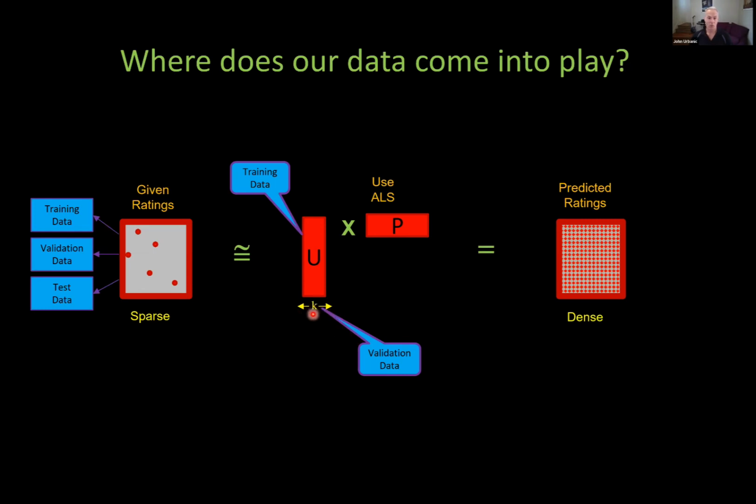And we might say that didn't work very well. We seem to have a very large error here. Let's try a different value of K. And we can go back and do this as much as we want. We can keep reusing this validation data to help us find a better value of K or lambda or any other hyperparameters. We'll see a few more work their way into this problem even. And that's all good as long as our test data never gets involved and pollutes this process.